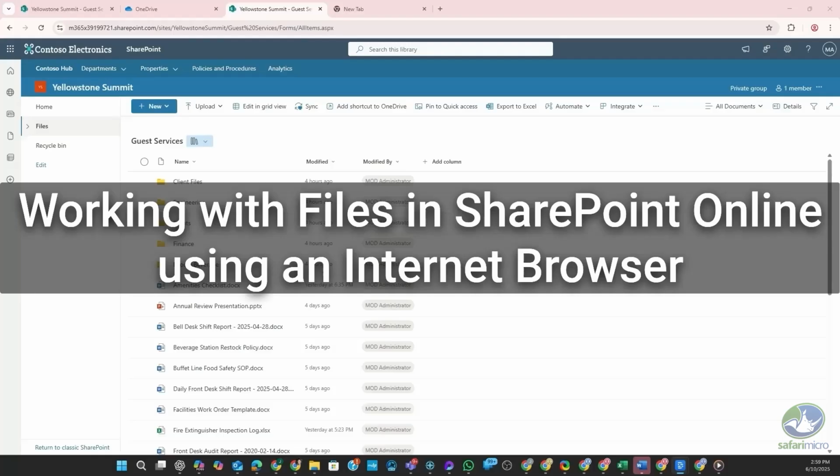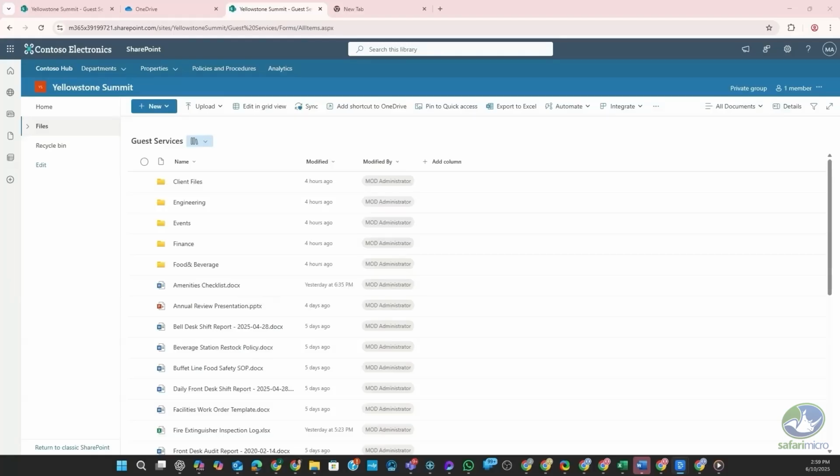Working with files in SharePoint Online using the browser. SharePoint Online enables your team to manage files entirely in the cloud through a web browser, avoiding the need to sync files to your local computer. In this training, we will cover how to perform common file operations using SharePoint in the browser and highlight why